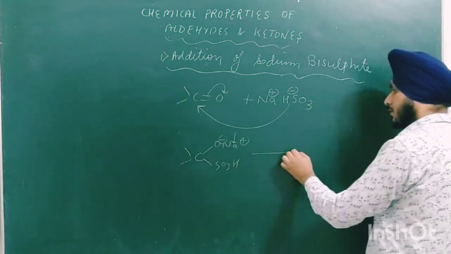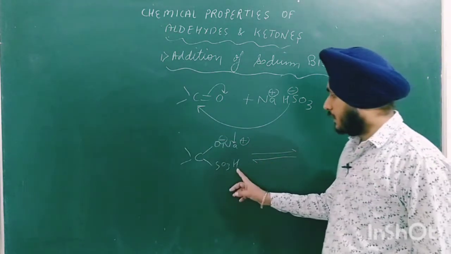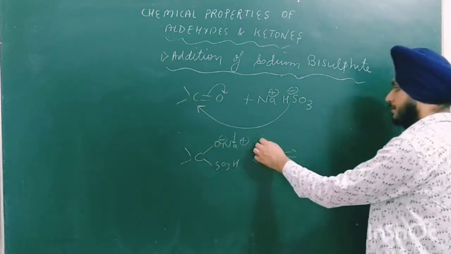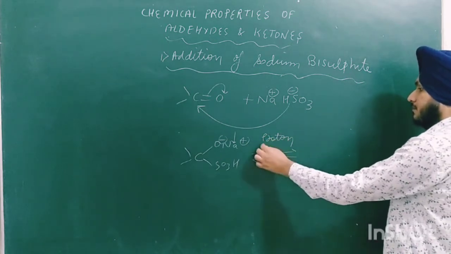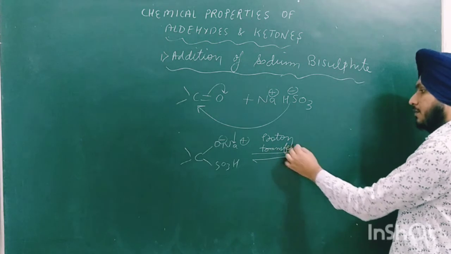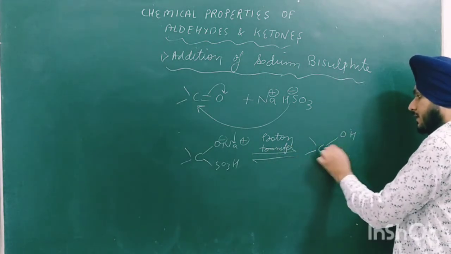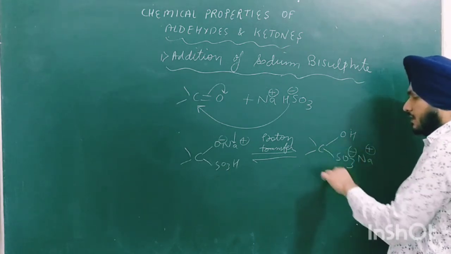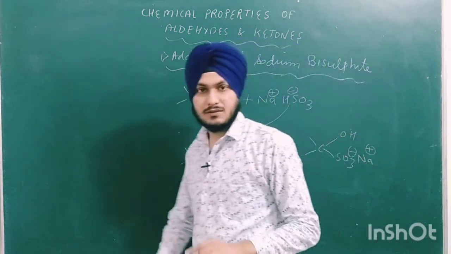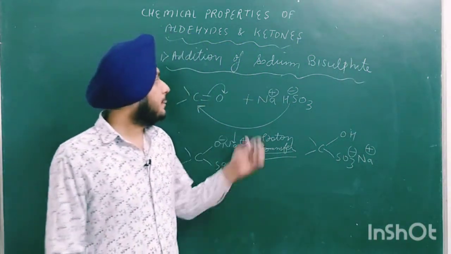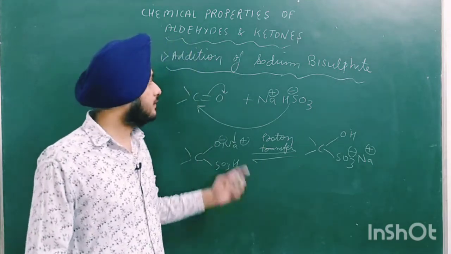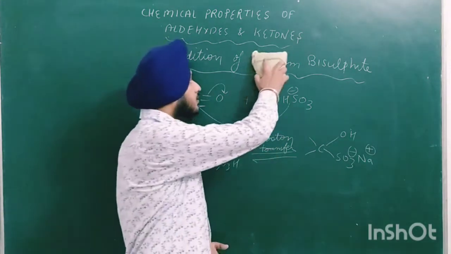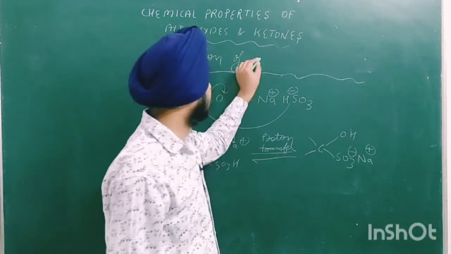Now a proton transfer takes place, because the ease of hydrogen is more with this oxygen atom. So proton transfer takes place, or it is also known as proton migration. So this will be the major product, SO3Na, negative and positive. So this is the main product in case of addition of sodium bisulfite. Next, we have already discussed the next part, that is the addition of Grignard reagent. So it is simple, the addition of Grignard reagent.